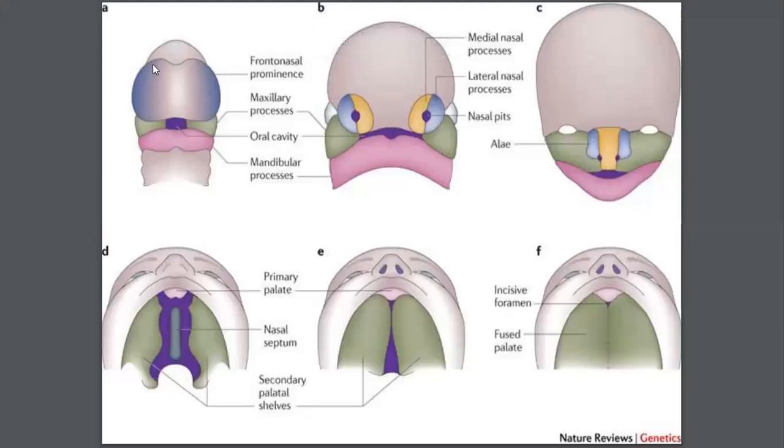So when we have seen in our previous class, we had the frontonasal prominence, isn't it? So for the development of face, we have seen frontonasal prominence. We have seen maxillary processes, right? From the frontonasal prominences, we have seen the formation of nasal placode and lens placode, nasal placode for the formation of nose, lens placode for the formation of eyes. These green areas are actually maxillary processes, and this is the mandibular process. See, the lower part of the face and the lower lip we have seen has developed from the mandibular process.